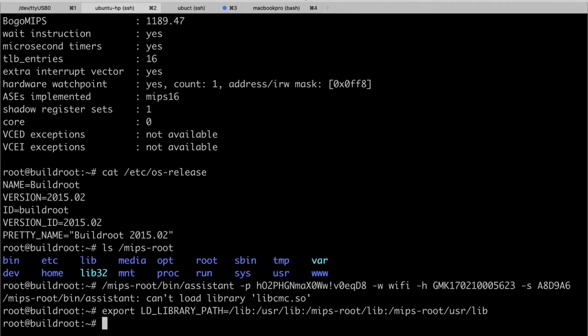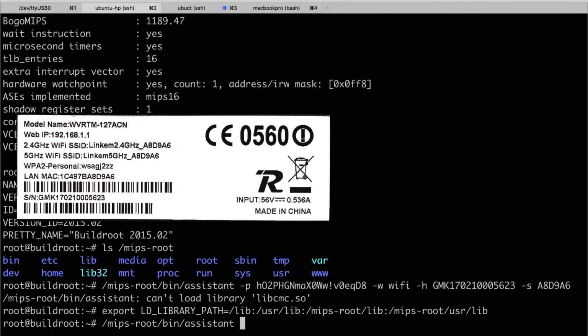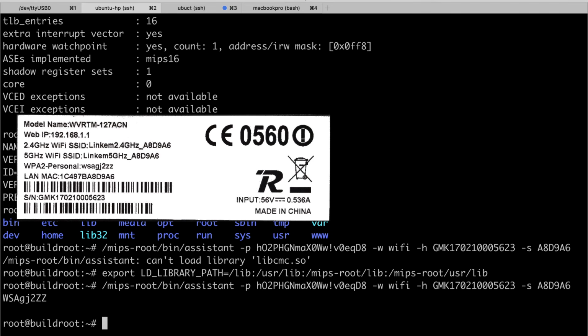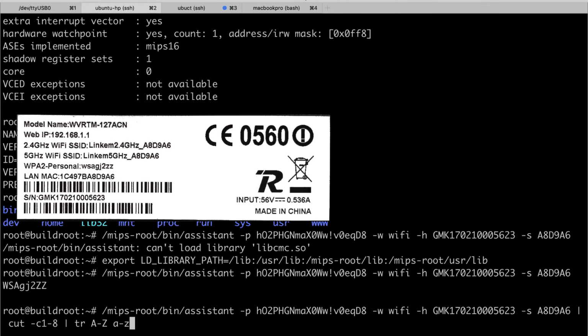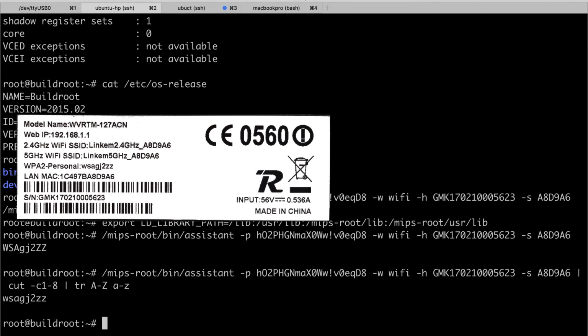After having set this environment variable, we execute the command again, and we get the password of our router, but in mixed case. If we execute the same command as in the message center executable, we get exactly our router password. This means that our emulation environment is working.